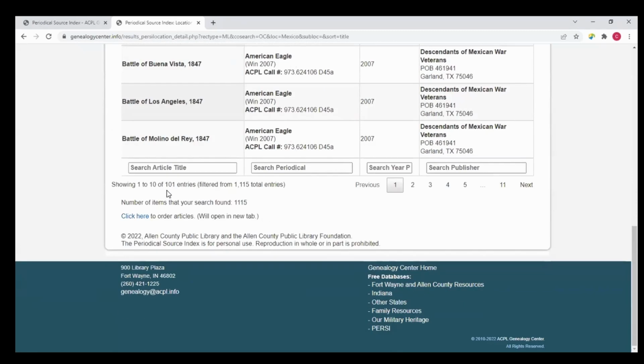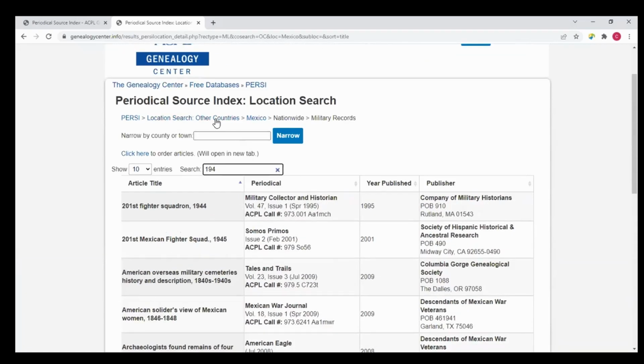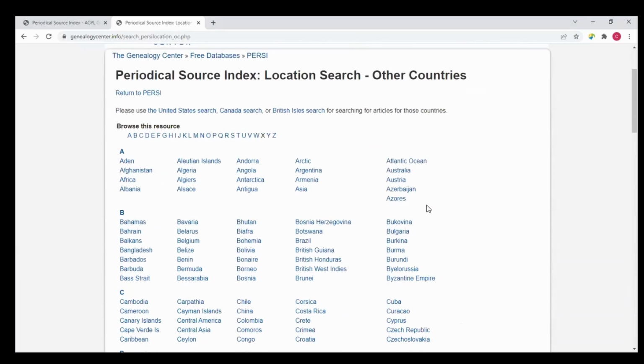And now we have 101 search entries out of 1,100. So it's a great way, I believe, to play with the features that are presented on PERSI to actually see if there is something of consequence for finding your family stories. Let's go back to our other countries search.